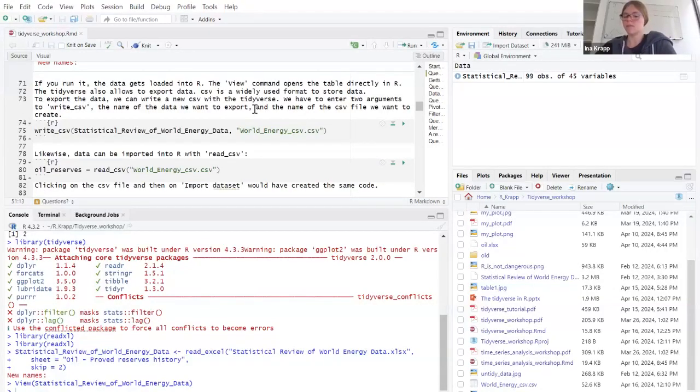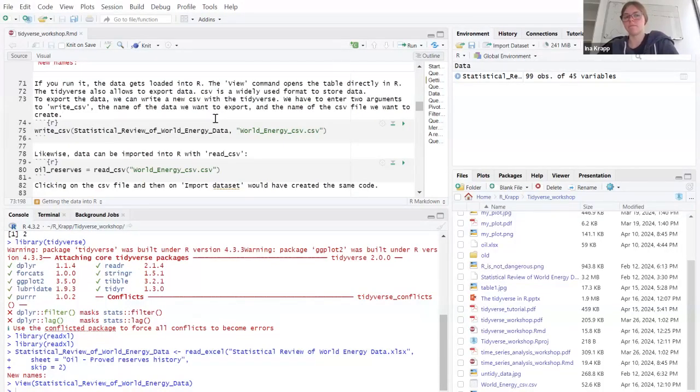Now, R allows you to work with quite a lot of different data types. I chose Excel for this tutorial because I think it's very widely used, but depending on what background you have, depending on what data is common there, there are many, many others. And there's an R package for almost every data format around. For data from SPSS, from Stata, from, I don't know, whatever you may think of. One very widely used format is the CSV, so I would like to show you how to work with that